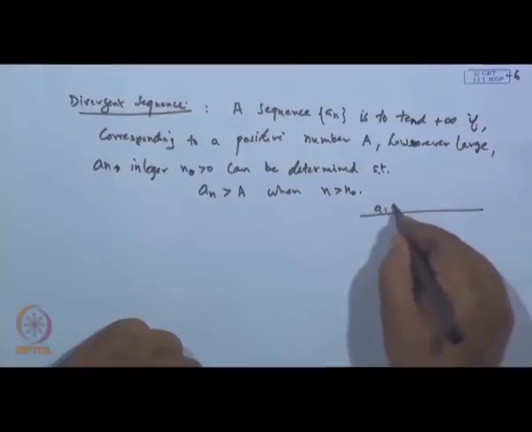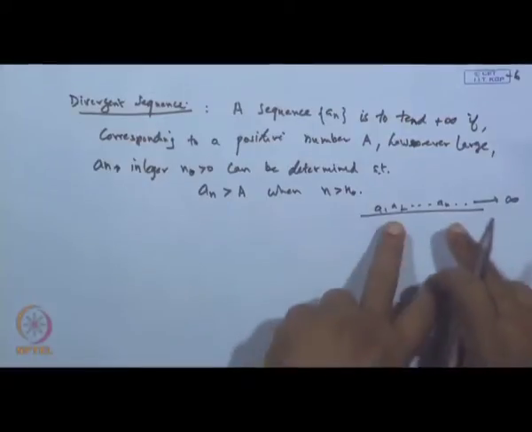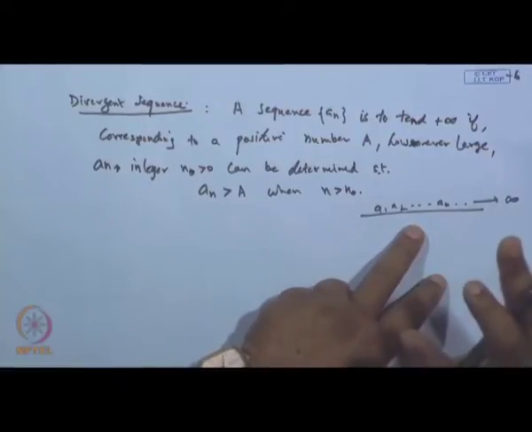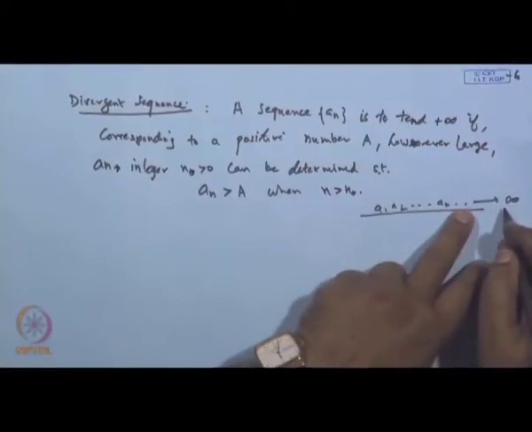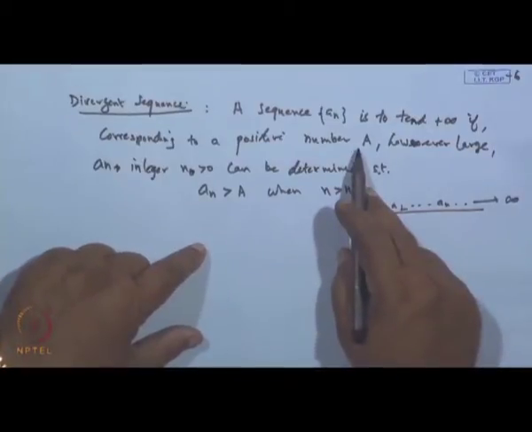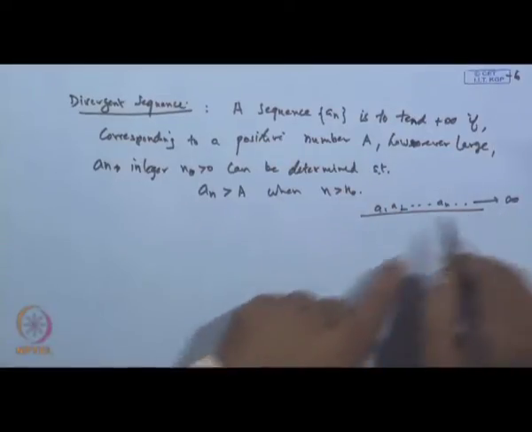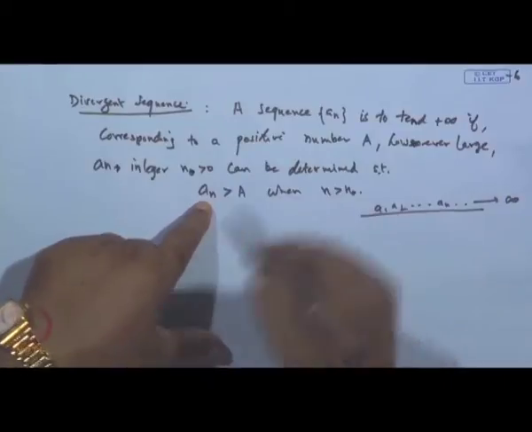So, these are the sequence A 1, A 2, A n and so on, and this tends to plus infinity. It means, the limit of this sequence A n is not finite, it is infinite. So, it is a diverging sequence. A sequence is said to be diverging when the limit of the sequence does not exist. Either it will be plus infinity or minus infinity, then it is said to be a diverging sequence. Okay. So, when you say a sequence A n goes to plus infinity, it means that whatever the number you choose, you can always find an integer n naught such that the value of the coordinate of this sequence will exceed that number.